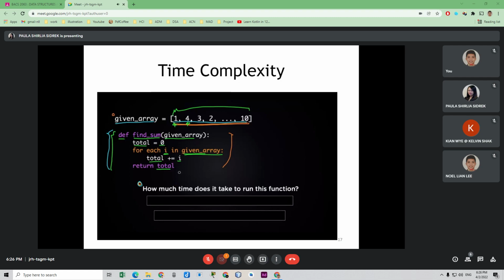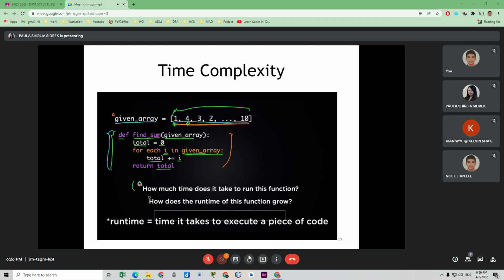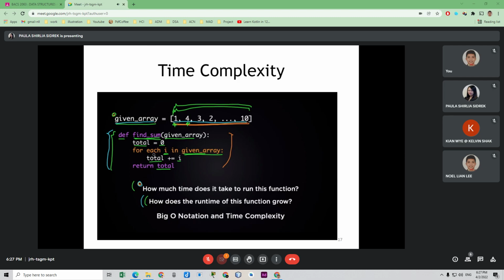So instead of asking this question directly, you might ask a related question instead, which is actually easier to answer. And that's, how does the runtime of this function grow as the size of the input grows? And this is a valid question to answer because depending on the size of the input, or depending on how many elements there are in the given array, it's going to take different amounts of time to execute this function. Because the more elements there are in the given array, the more elements there are to add up and find the sum for. And to answer this second question, you can use a pair of tools called big O notation